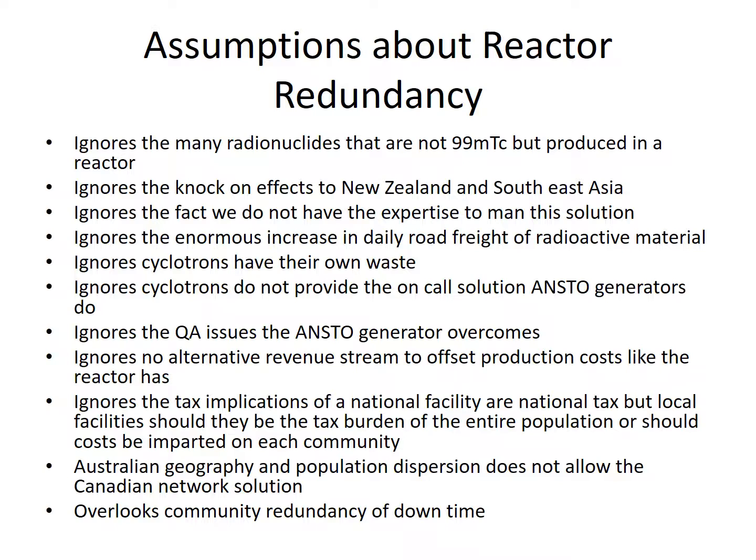It ignores that there's no alternative revenue stream to offset production costs and maintenance costs that the reactor has. So the commercial aspect of silicon irradiation, the research associated with the Bragg Institute, and all of those things reduce the overall cost. They offset the cost. You would have no offsets in a cyclotron model. Every dollar that it costs to set up the infrastructure, the man hours associated with the production, the cost of production, the cost of shipment, the cost of downtime would all be absorbed by the cost of the end product